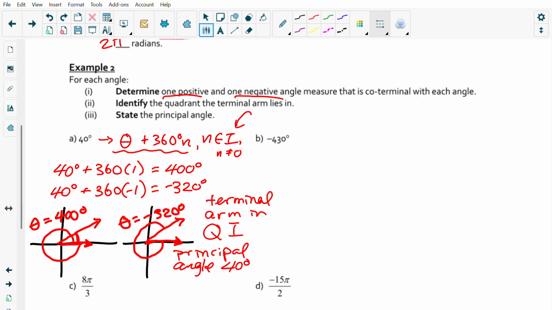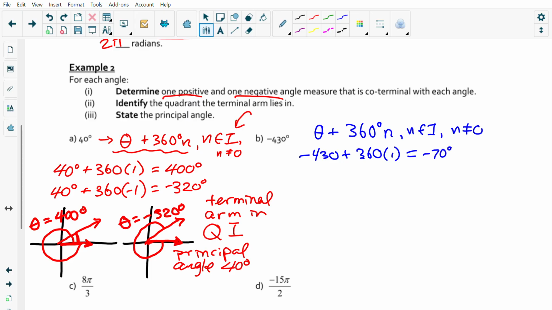Okay, second one. -430 degrees. Theta plus 360 degrees times n, where n is an element of integers, n does not equal 0. Okay, so negative 430 plus 360. Let's pick an n value of 1 rotation, and that equals negative 70 degrees. That's one coterminal angle. Negative 430 plus 360 times negative 1 equals, oops, no, let's not do that because